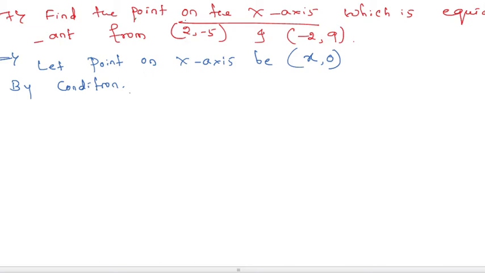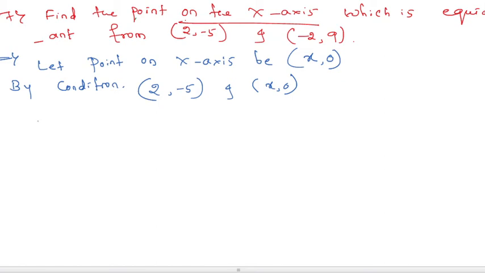So, by the condition, the distance between 2 comma minus 5 and x comma 0, which are equidistant, this one and the next one, by using the formula,